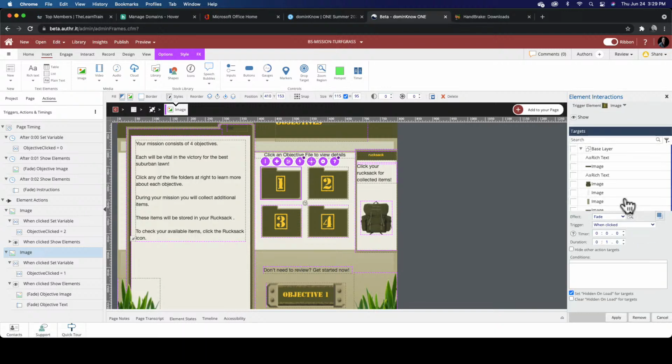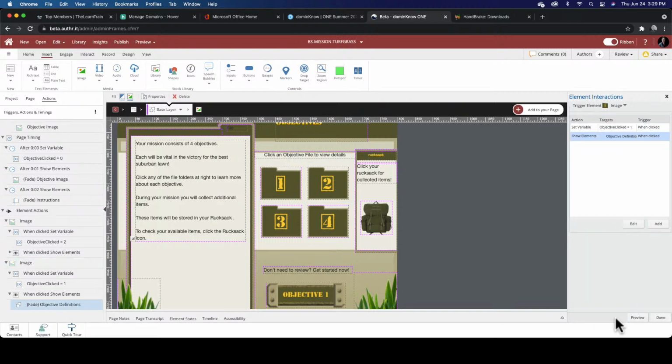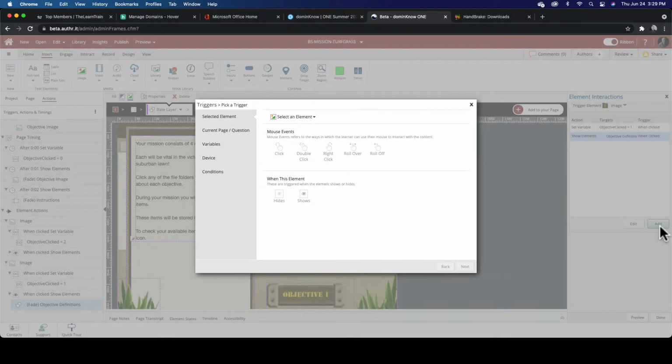If we edit this and just select that whole layer, maybe that's what is going to fix that for us. But what we also need to do for both of these, once we apply that, is hide that instructions text. So let's go ahead and add another